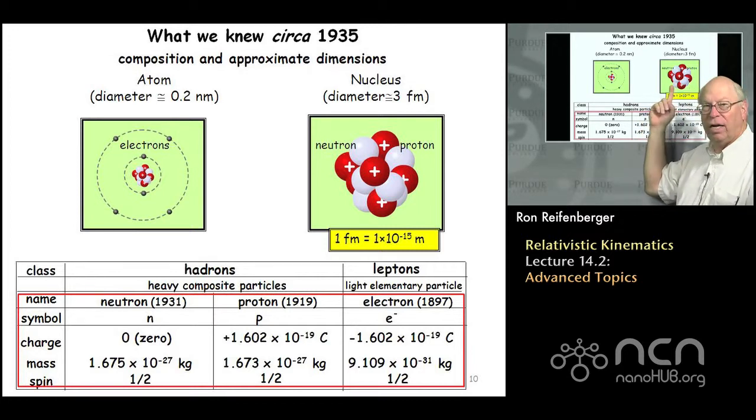So these nucleons were very massive, and they had to contain positively charged protons to balance out the electronic charge that existed in these quantum orbits that cause the electrons to revolve around the nucleus. By 1935, the fundamental properties of the electron, the proton, and the neutron were reasonably well understood, and